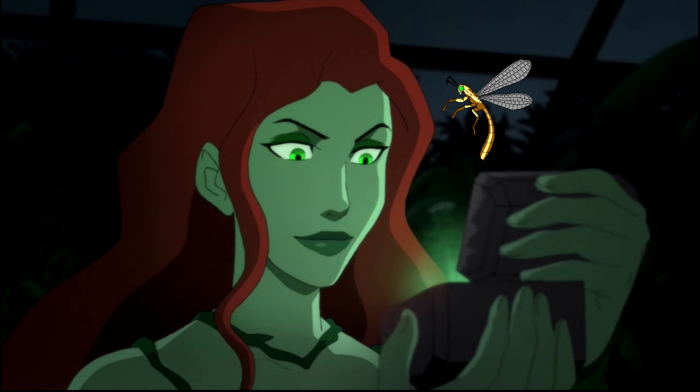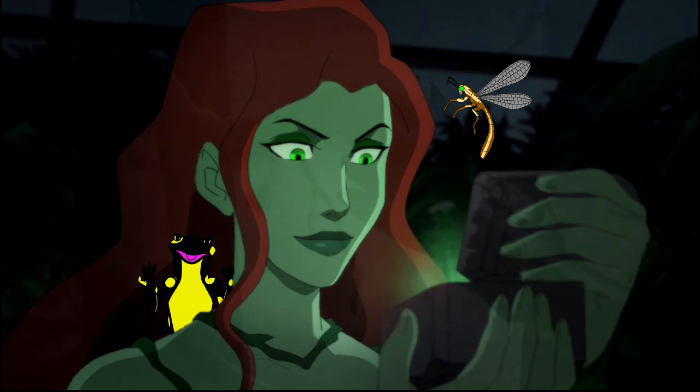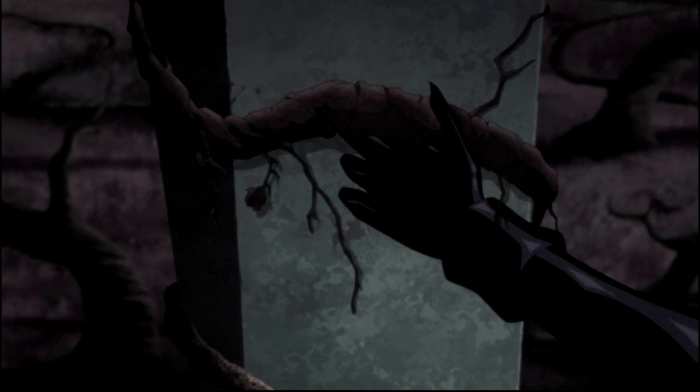Does she have Green Lantern powers now? If so, how will the Green Lantern ring affect her plant abilities? For the last time, Dudley, Poison Ivy isn't getting married, and she wasn't given a Green Lantern ring as part of a proposal. She is most likely going to Metropolis to start some trouble with Superman. Anyway, Catwoman enters the abandoned secret lair and examines one of the dead